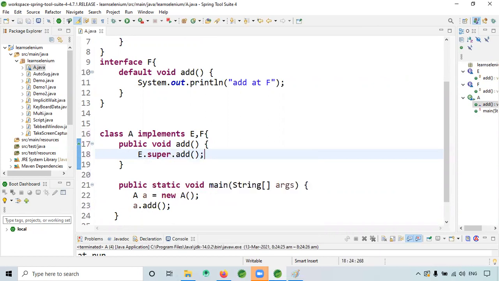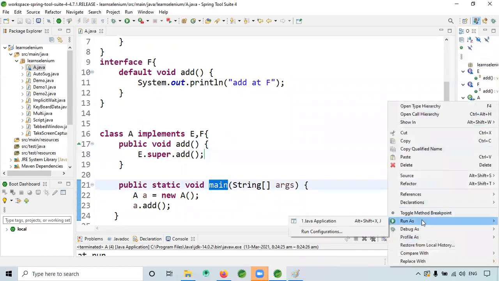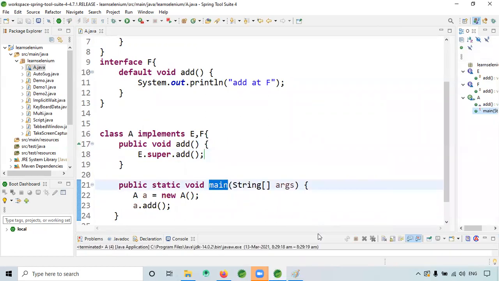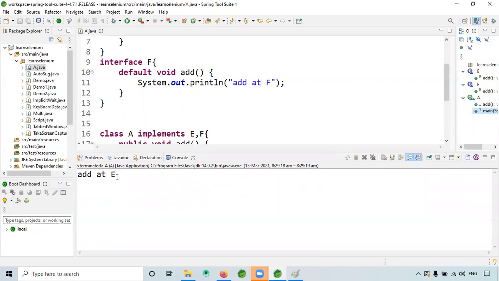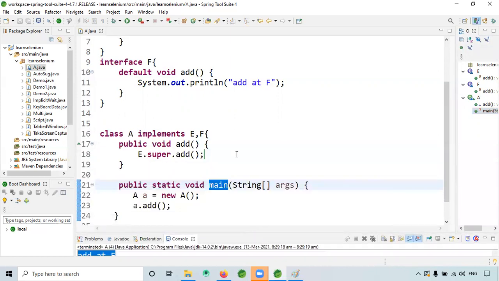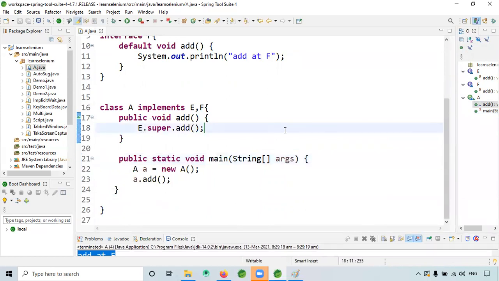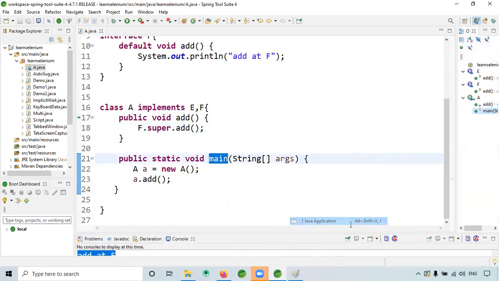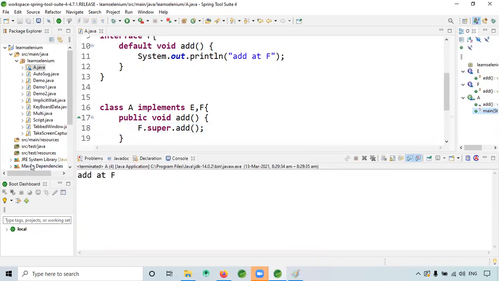When I run this program, see, add at E is coming. When I give f dot super dot add and run it, see, it is giving add at F.